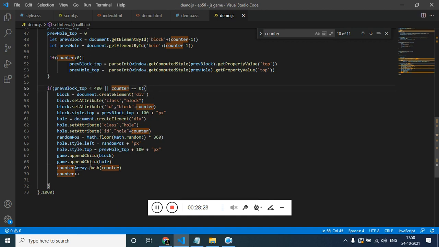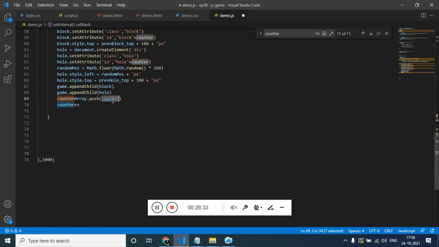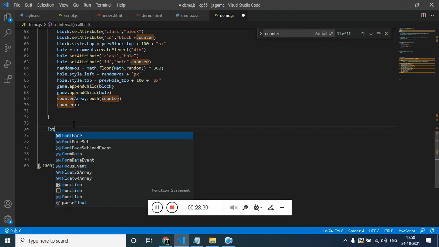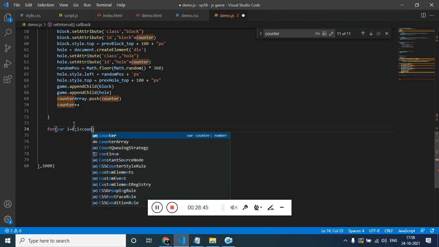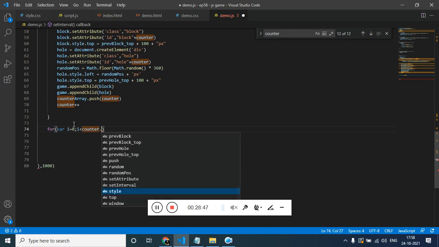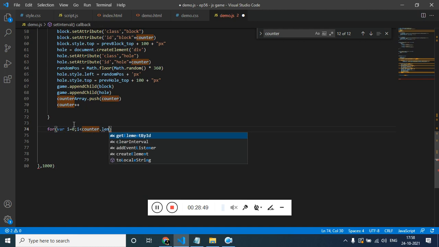And we have to get individual block. So to access the individual block, we can use this counter array and run for loop. Variable I equal to 0, I is going to start from counter length, then increment the value of I,